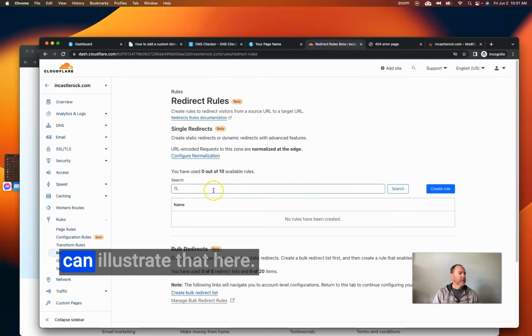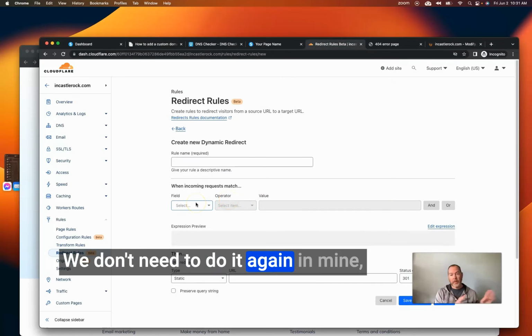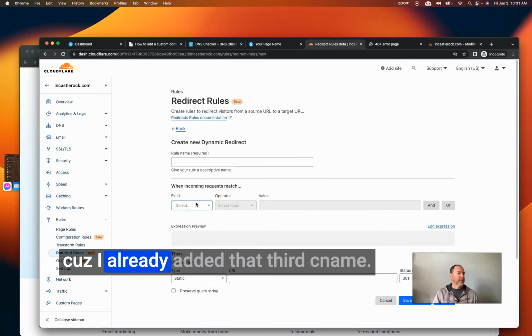So let's see if we can illustrate that here. We don't need to do it again in mine because I already added that third CNAME, but let's just see here. Okay, so rule name, domain redirect. All right, and then